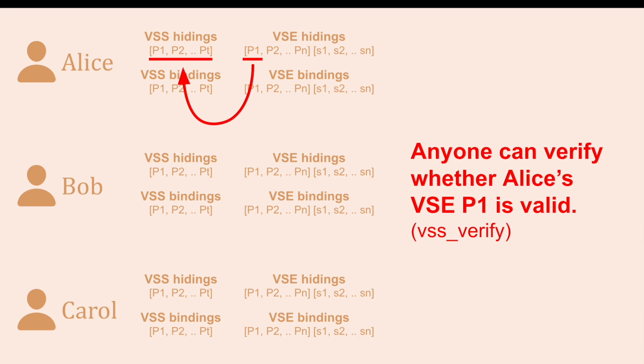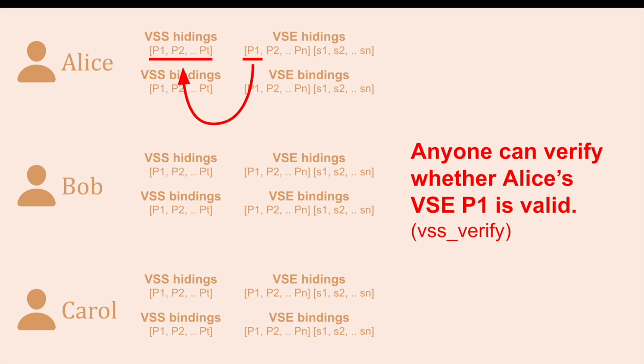And so in this case, Alice's contribution here, the P1 from the VSC hidings, is her own contribution. It's something Alice herself computed and contributed. It's a public share, right? It's some public contribution, effectively a secret share times G,